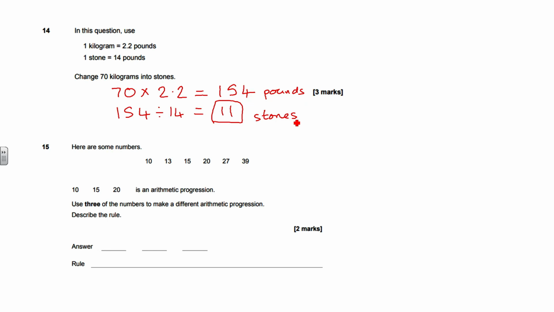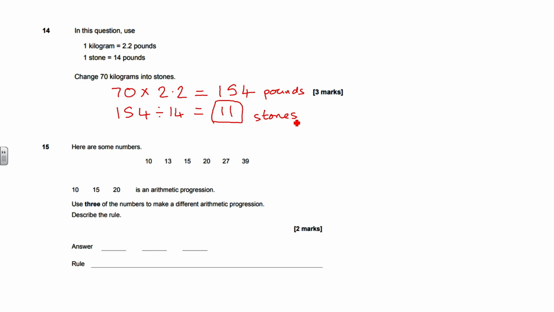So question 15 says here are some numbers. We've got 10, 13, 15, 20, 27, 39. It then says 10, 15, 20 is an arithmetic progression. Use 3 of the numbers to make a different arithmetic progression. Describe the rule. So I suppose we could go, so an arithmetic progression is a number that goes up by